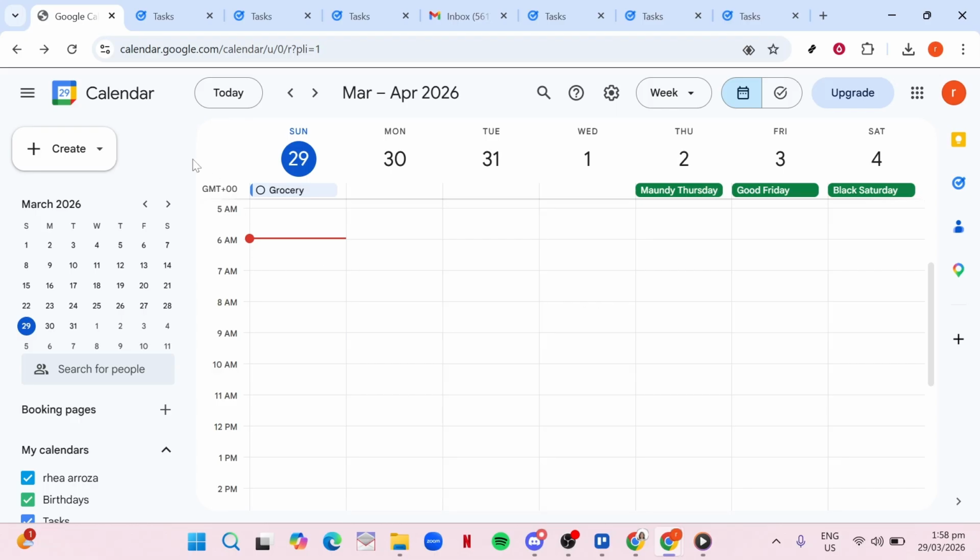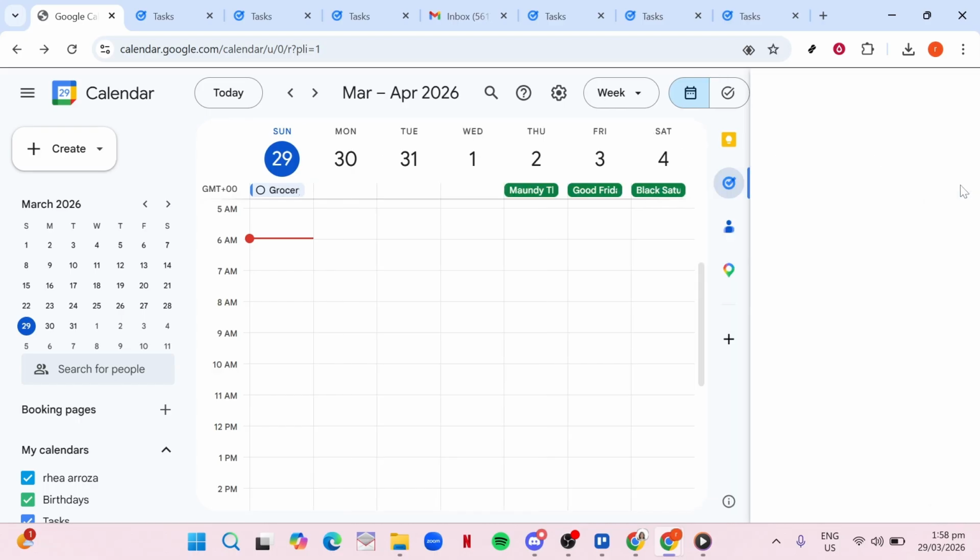Let's start with where to find Google Tasks because you actually don't need to install anything on your computer. It's already built right into the Google apps you probably use every day. On a desktop or laptop, open Gmail, Google Calendar, or Google Drive. Look over to the right-hand side of the screen for the side panel. You'll see a small blue checkmark icon there. That's Google Tasks. Click that and the Tasks panel will slide open so you can start adding to-dos without leaving